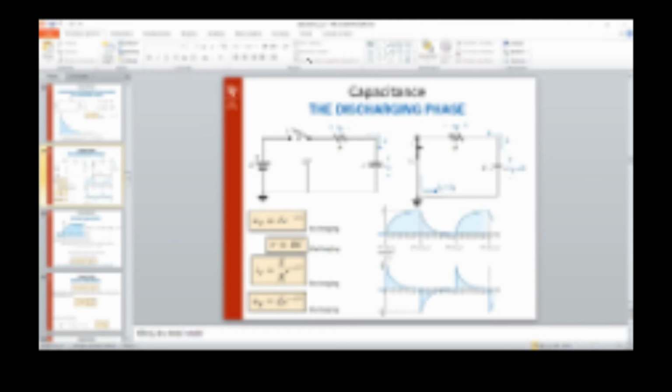Okay, can we start? Okay. So now we are going to the discharging process, which can be considered for the capacitors. Okay. We know what happens